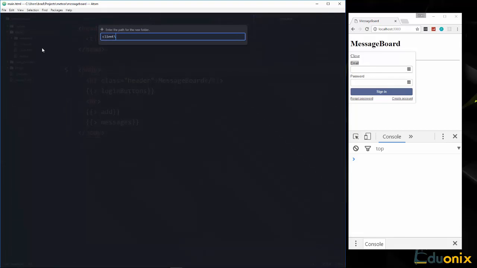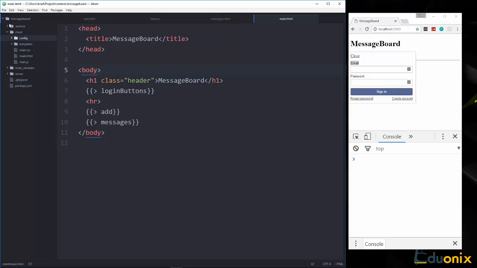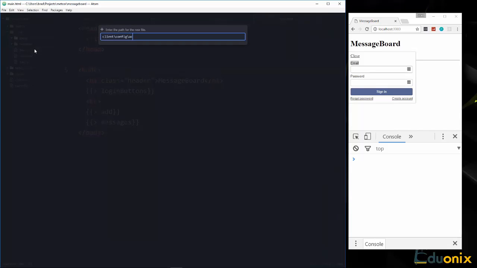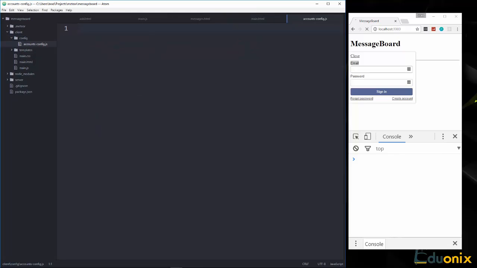and create inside the client a folder called config, and then inside the config folder we want to create a new file, and we're going to call this accounts-config.js, and then we can put any config we want in here for the accounts package. So I'm going to first just import Accounts, and that's going to come from meteor/accounts-base,